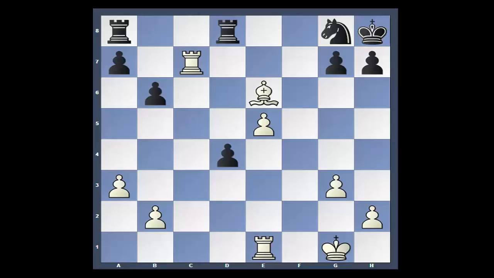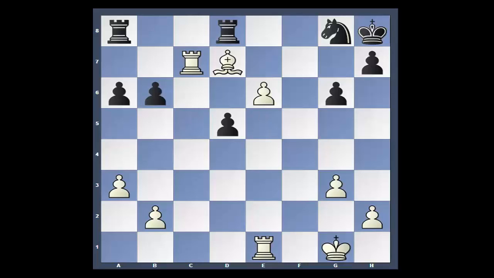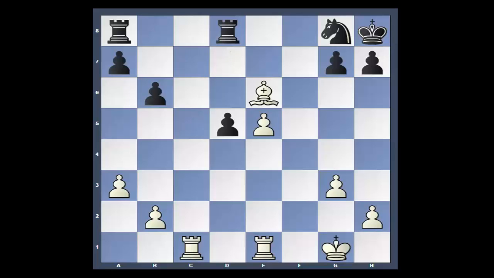He went d4. What else could he have done, really? g6 maybe. You know, the bishop's guarding this square here, so the rook can't come over. If he had gone g6, bishop d7, a6, e6, that pretty much seals his doom as well. After rook a to d8, rook c7, d4 for black, and Carlsen